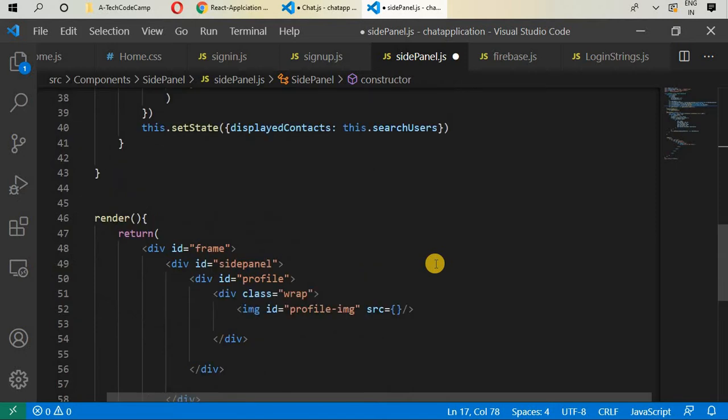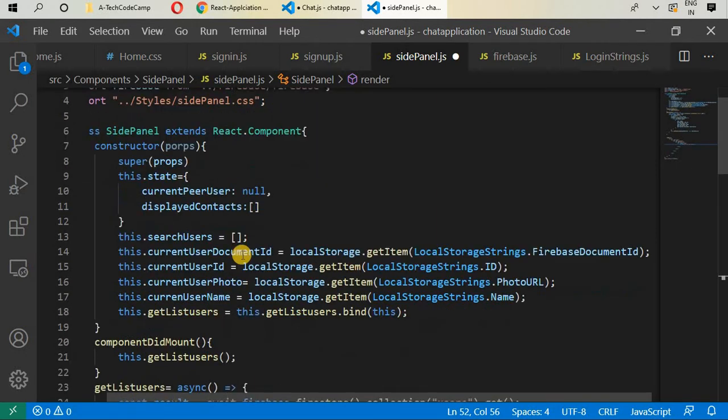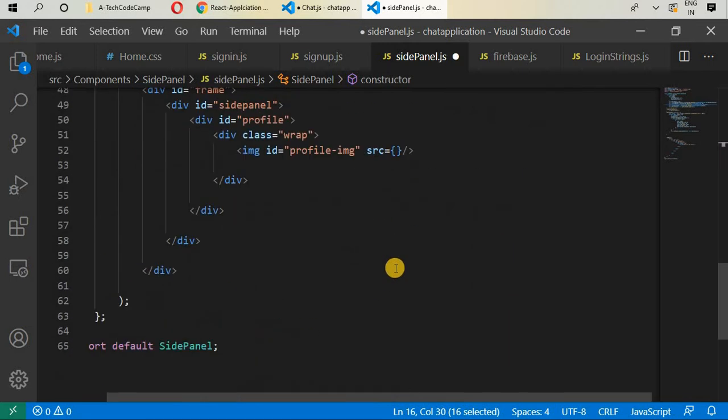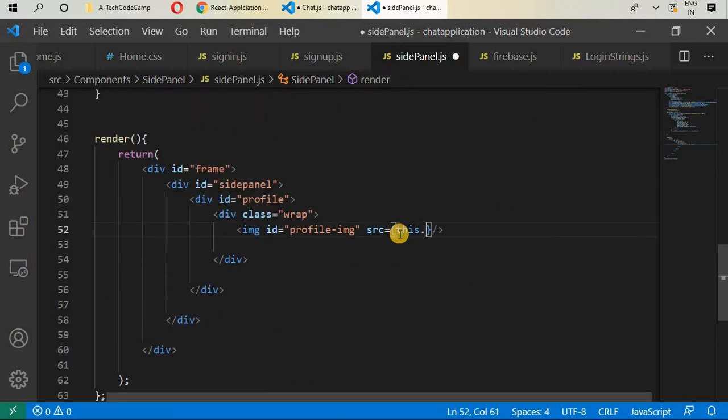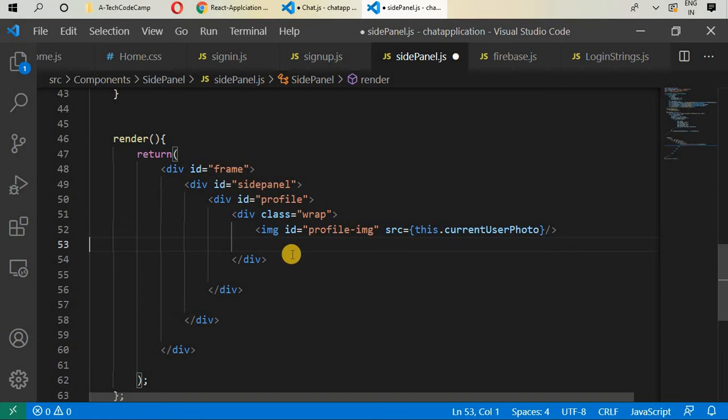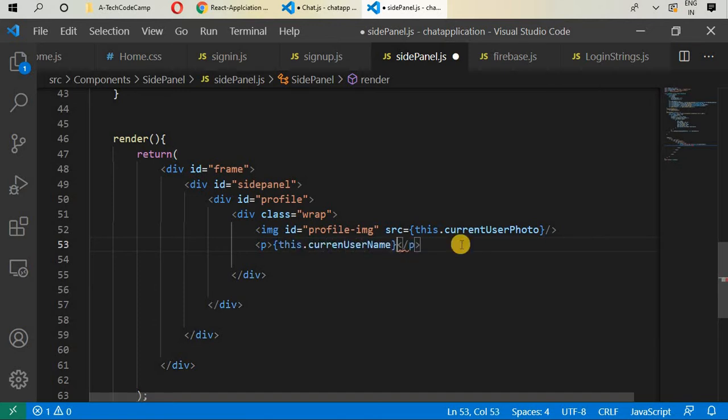So go below. So source is this.currentUserPhoto. So write in here this.currentUserPhoto, and we are going to change it later on, okay, because at first we have nothing inside it. Okay, in here we'll write paragraph and give it this.currentUserName. Okay, then create another div with ID status options, and we'll create in here UL,